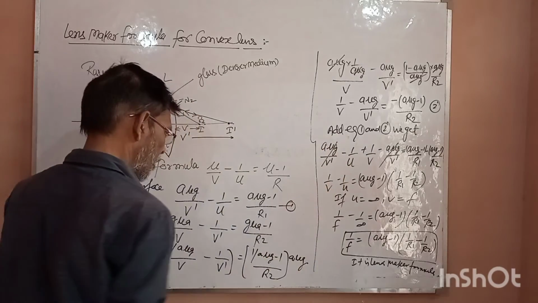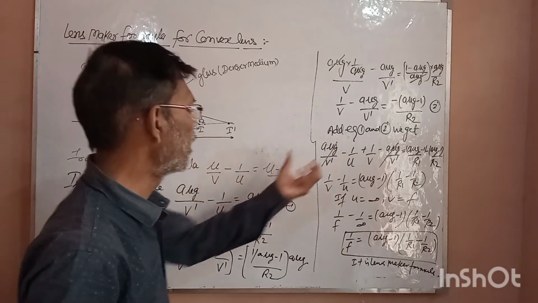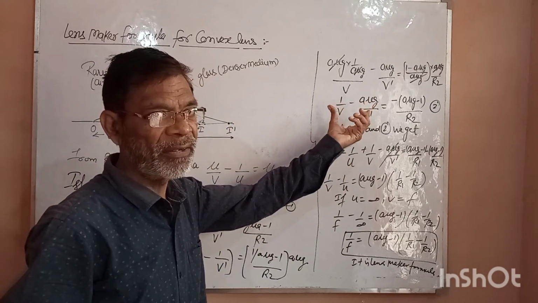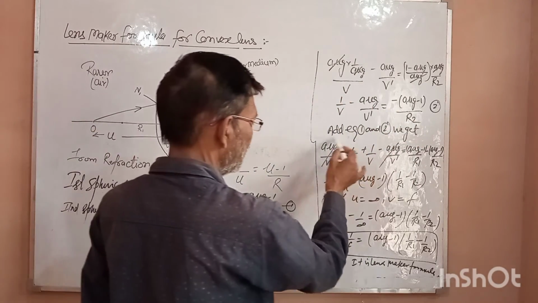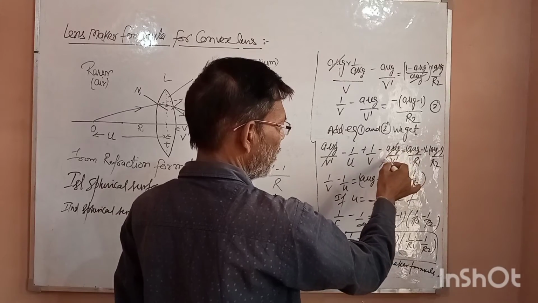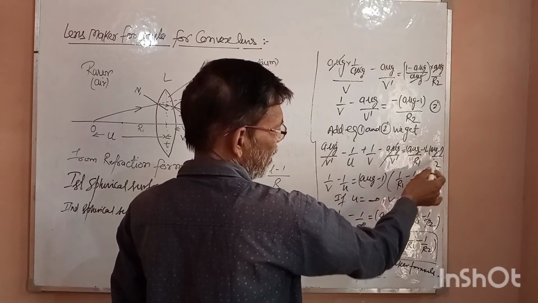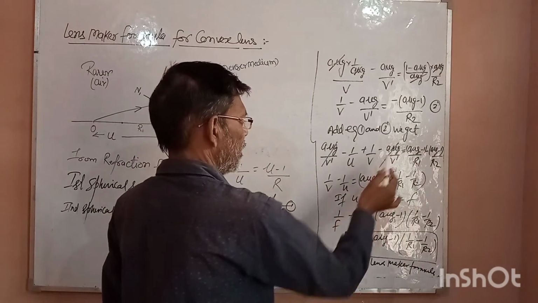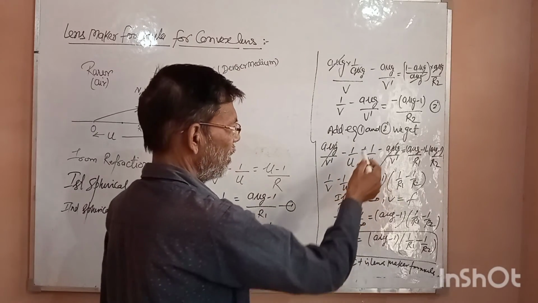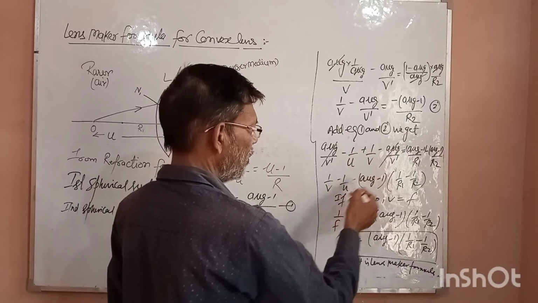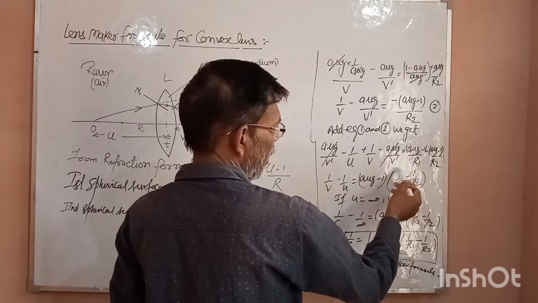Adding equation number 1 and 2. This is equation number 1 and this is equation number 2. Add left hand side to left hand side and right hand side to right hand side. These are similar terms with plus and minus, so they cancel. 1 upon B minus 1 upon U is equal to A mu G minus 1 as common, 1 over R1 minus 1